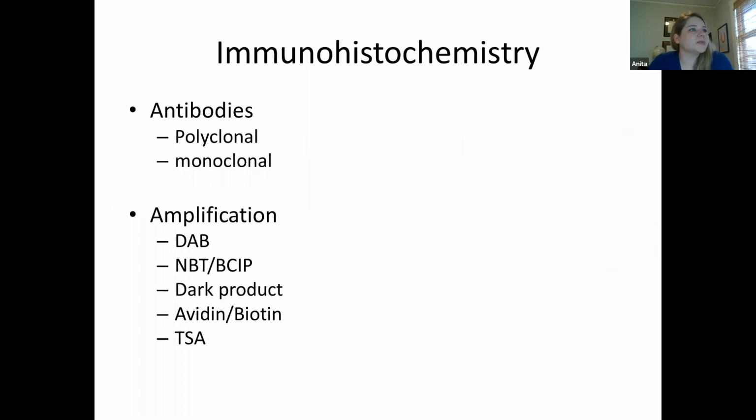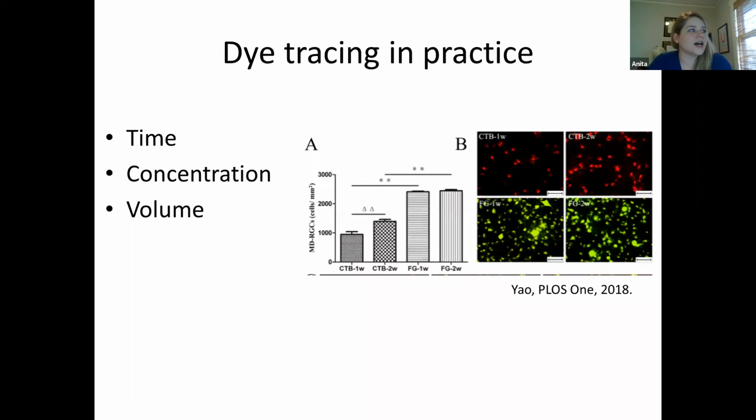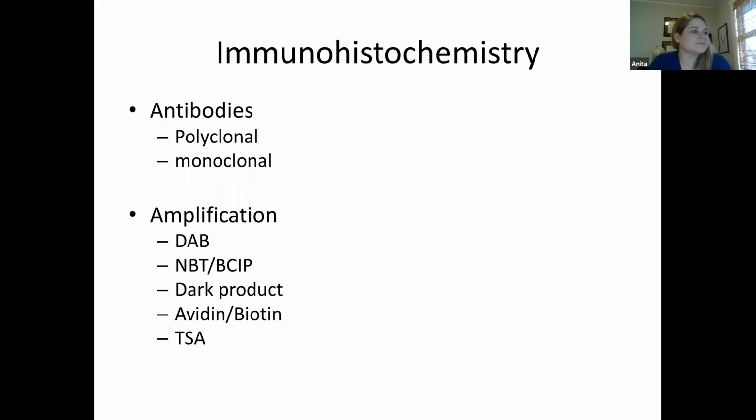So next we'll talk a little bit about immunohistochemistry, and as I said, this is not necessarily widely used for tracing, except in certain parts of the brain, but you may actually end up using it. For one thing, a lot of these dyes that we talked about don't have to be conjugated to fluorophores. They could be conjugated to HRP or something that you label with an antibody. And then of course you can amplify any of these. Since it's a practical course, I thought it would be good to go over some of the things that you may or may not have known when you're trying to use